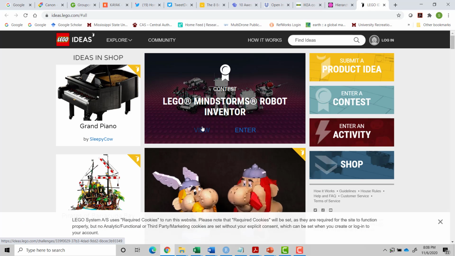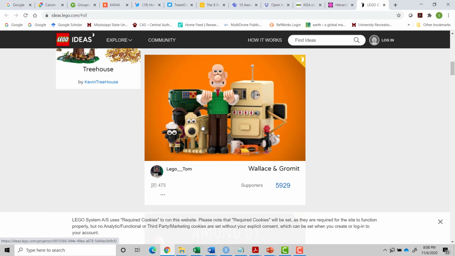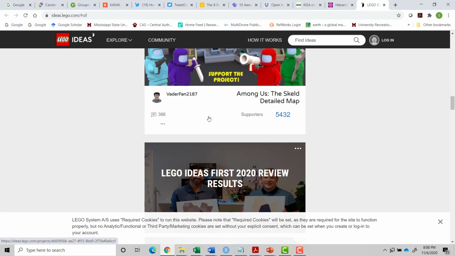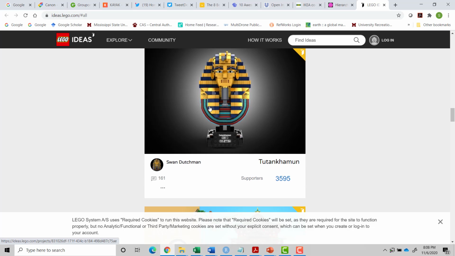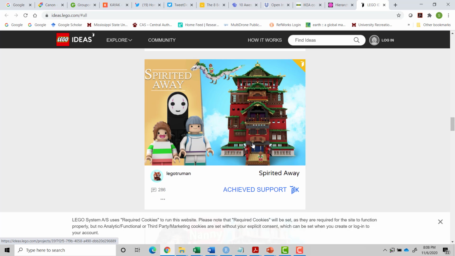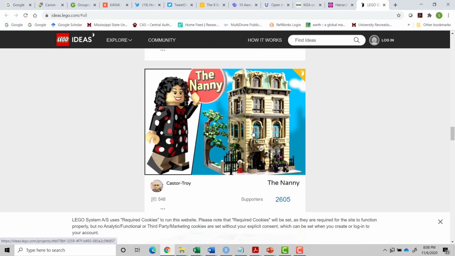Lego allows you to post, and the Lego one's quite famous. It allows you to post Lego ideas. And here we have Wallace and Gromit, Lego bookends. And the idea is it's getting the Lego community involved. Oh, here's one from Spirited Away, the Japanese animation. And it's a way of building the brand, but it's also a way of,